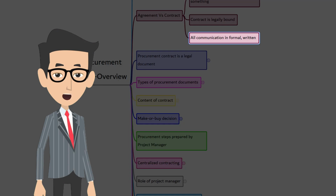This is to make sure that there is a record for all the communication. This might be useful in future in case of any arbitration. The word arbitration means settlement. When there is an issue between buyer and the seller, one should have all the proofs to prove that his